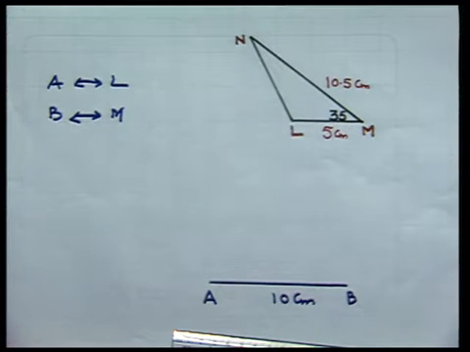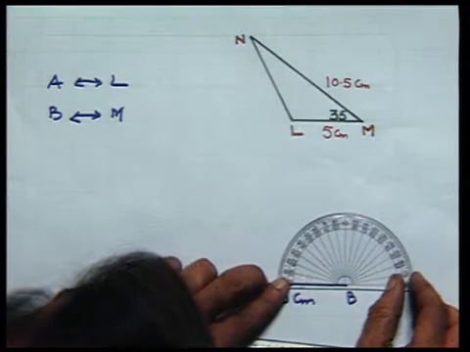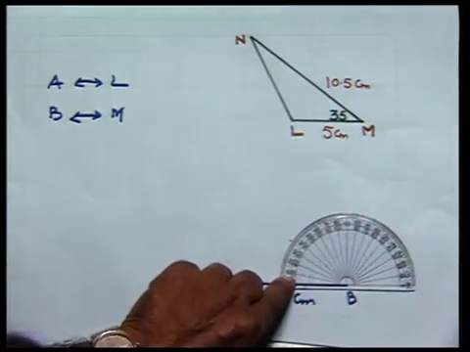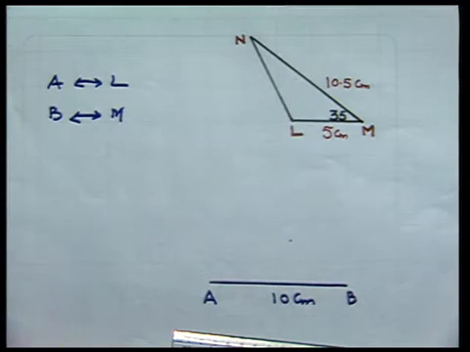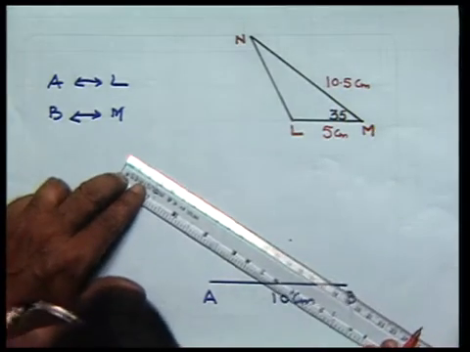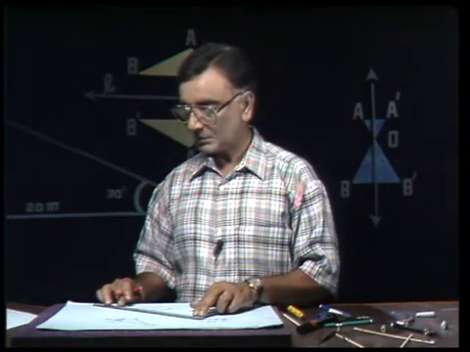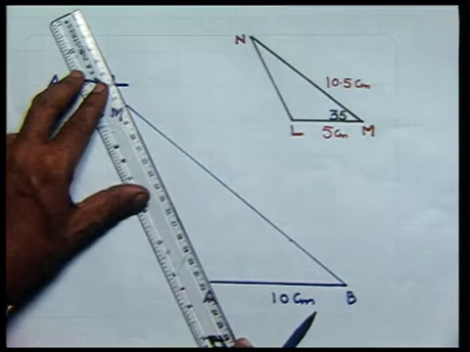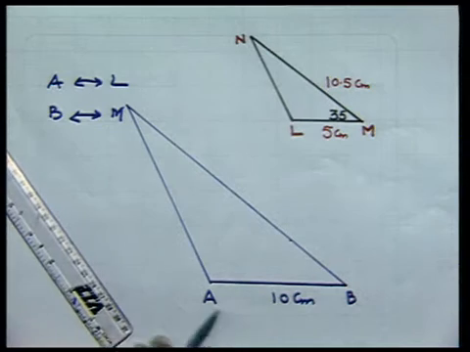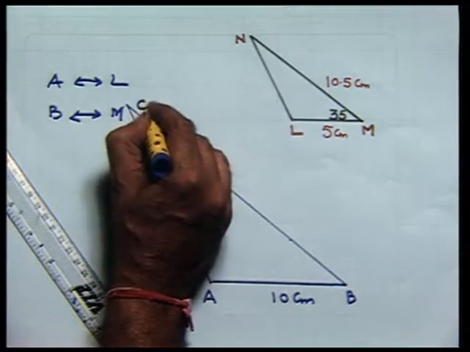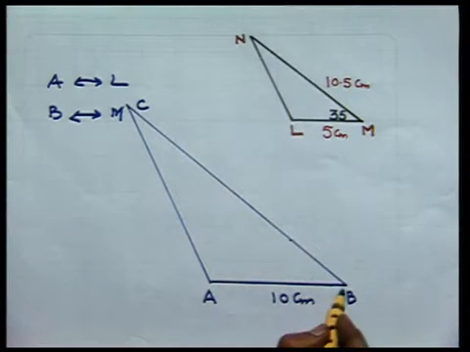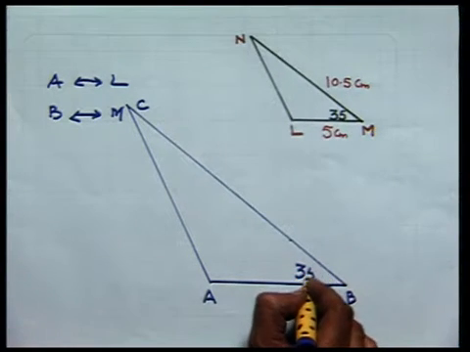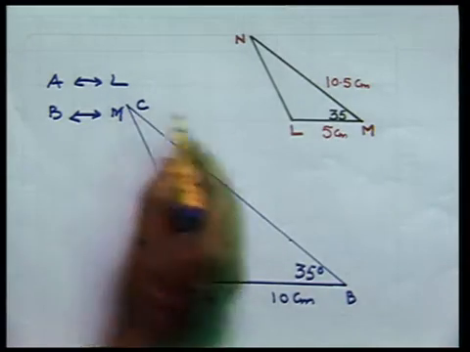Now, let us make an angle of 35 degrees at B. And I will take this side as 21 centimeters, being twice of 10.5. And then I join this point and we get a new triangle named as ABC. Now, remember once again that in this one I took AB twice of LM, and this angle at M is 35 degrees. I constructed this angle as also 35 degrees, and the side BC I have taken twice of 10.5,